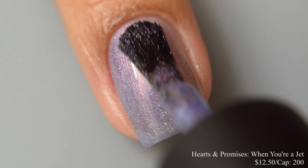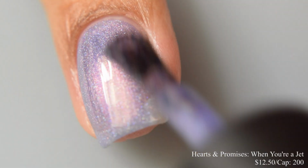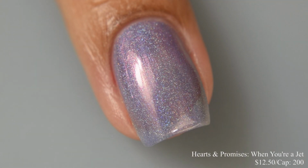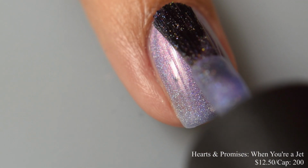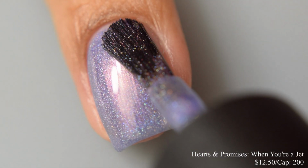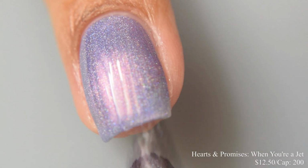So if you have a prominent free edge and say you want to wear it at 2, maybe 3 light coats, I think depending on that, you may want to use a nail line blurring base coat of some type. I personally found that in really bright lights on the 3rd coat, I did see just a touch of my smile line. It wasn't super obvious in person, but again, when I'm in the bright lights, I could see just